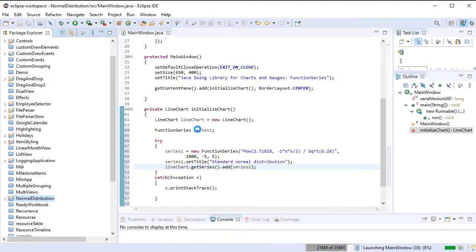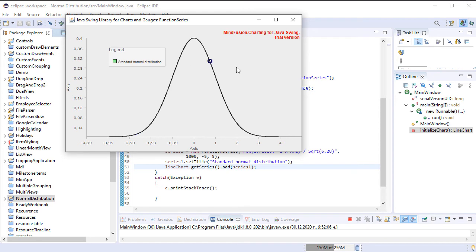Let's run the application for the first time. Here is our series. The chart lacks styling, but it already shows the first graph.